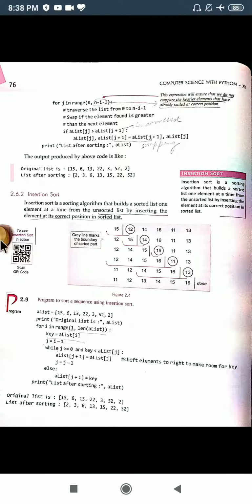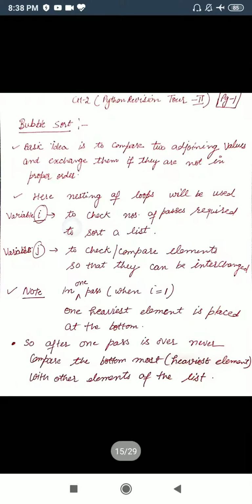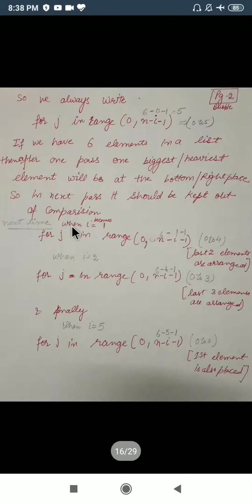Okay, now I am taking my own notes to explain it in a better way. Now say j will range from 0 to n minus i minus 1. Here I will be taking 6 elements. That earlier example was a different one. And i will be initially 0 because I have started from 0, since my first element is referred to with 0.